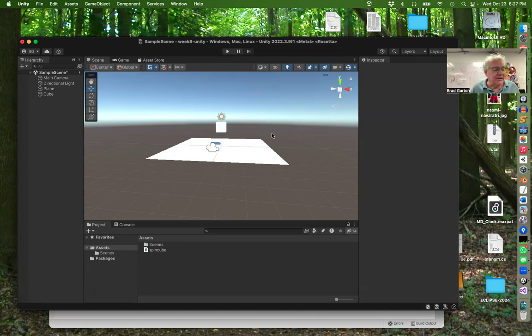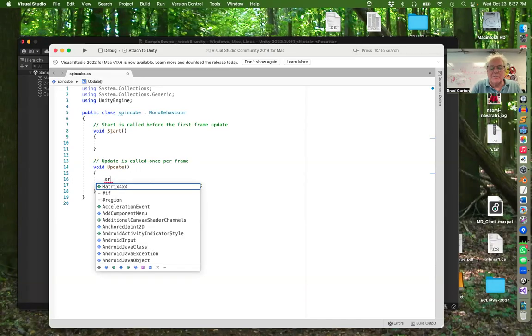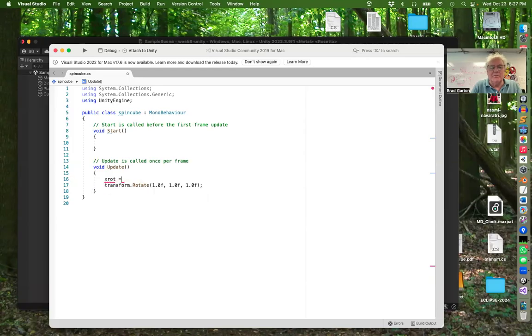I want to do something even more cool, though. I don't want it to just spin around. I want it to spin around randomly. How am I going to do that? Well, this is where you're going to learn some new stuff too, okay? I am going to go here, and I'm going to say xrot, or the rotation of the x dimension, is going to be equal to,